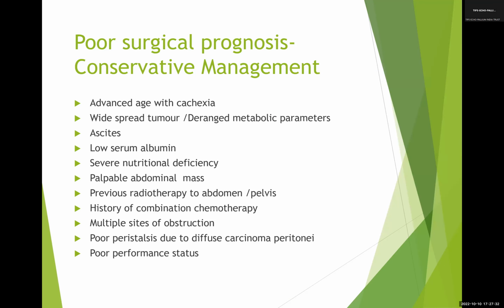Now, these are the factors where it is a complete no for the patient. That is, if poor surgical prognosis occurs, if the patient is having advanced age with cachexia, then surgery is definitely a no. Widespread tumor or deranged metabolic parameters, then surgery is definitely a no. If the patient is having ascites, low serum albumin, severe nutritional deficiency, definitely that is a